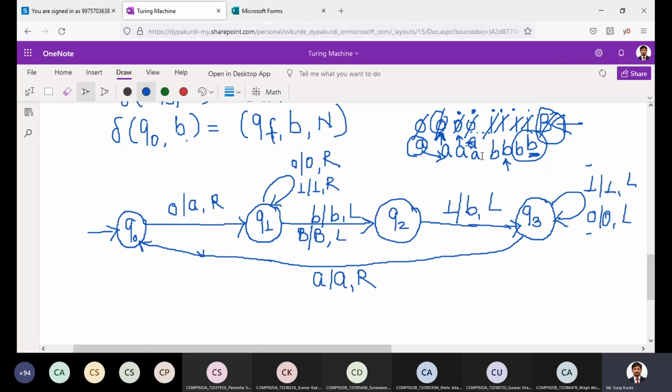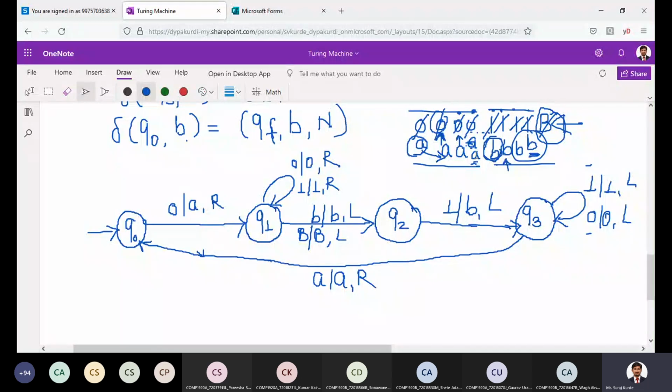Go to the left. On the left, it may read 1 or 0. Now there is A, no 0 and no 1. So it comes here. Left side of B, it is A. Now go to the right of A. Keep A as it is. Go to the right. On the right of A, what will it find? Small b. So what does it mean? Number of A and number of B are the same. That means number of 0 equals number of 1.